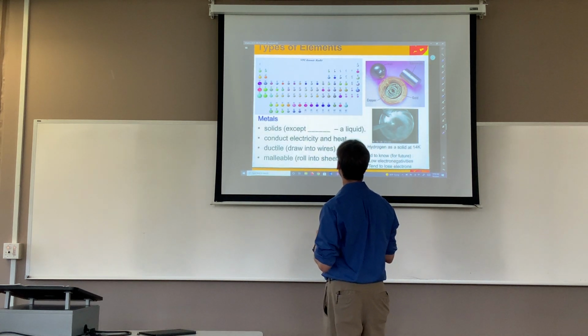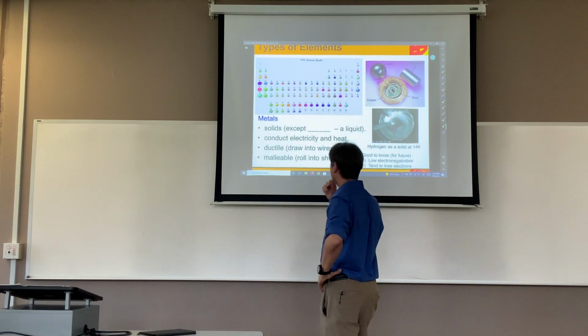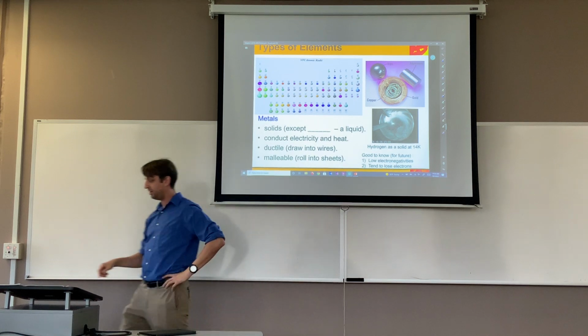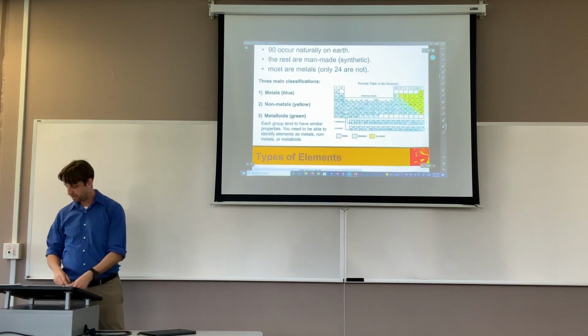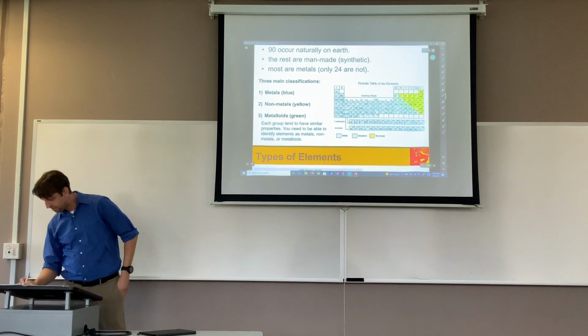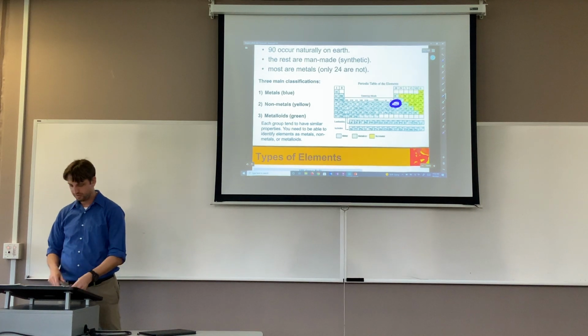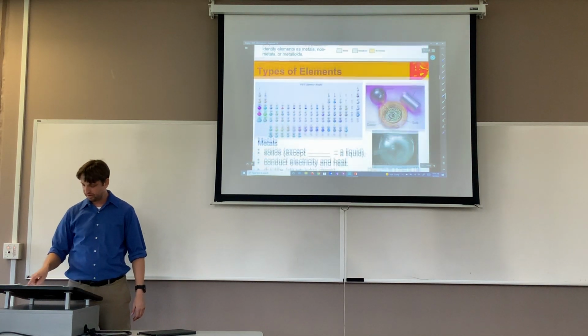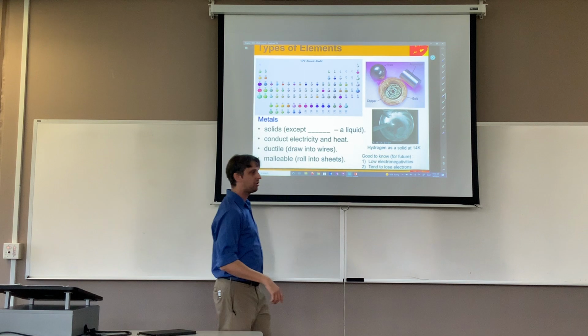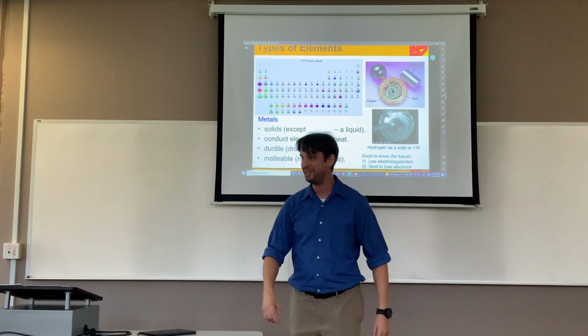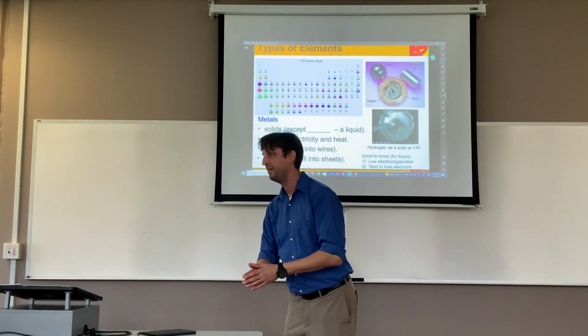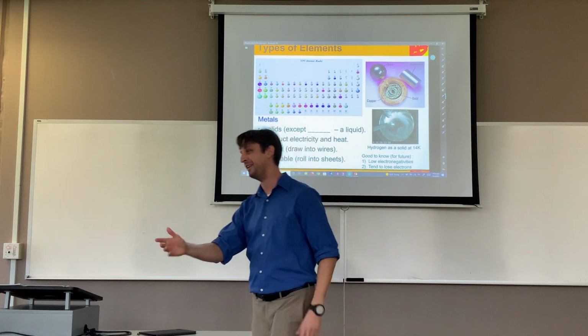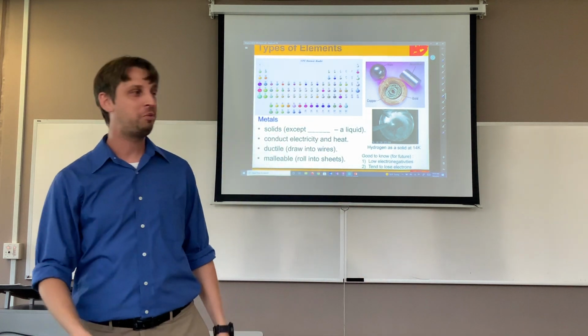Although we get to something, I think it's gallium. Gallium is number 31 right here. Okay. So gallium is one of our metals, okay? And it is actually really cool. You can go onto Amazon and you can order gallium. Now, why in the world would you want to order gallium?